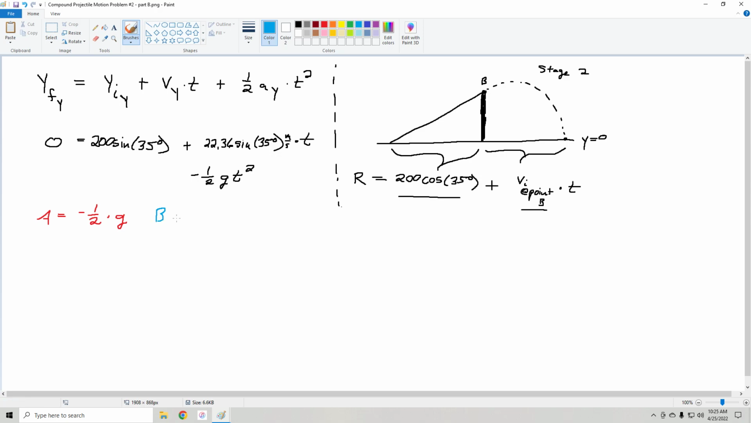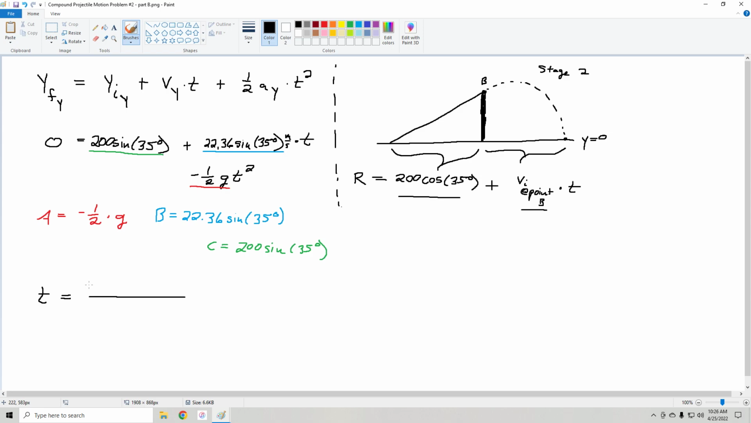b is equal to what? 22.36 sine of 35 degrees, and c is the constant portion, 200 sine 35 degrees. Okay, we can kind of color code that like this here. Blue here, and then the red right here. And what are we going to do with this? a, b, c. What are we trying to figure out? Well, we're trying to figure out time. So that means time is equal to,